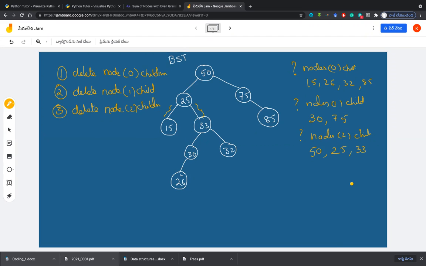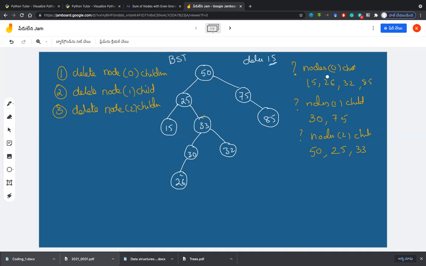Almost all the nodes in our tree are covered. And here, suppose I want to delete 15. I will write it like this. I want to delete 15.